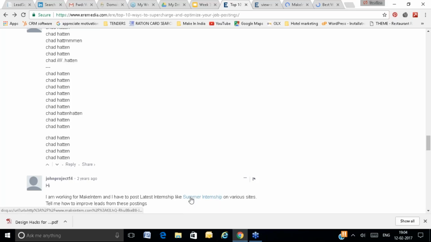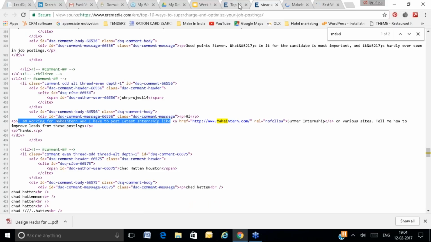And if you want to go into the detail, I would like to show one more thing. With Control U, you can see the background HTML code, and in that code, wherever a link is placed, there is a word called rel equal to nofollow.